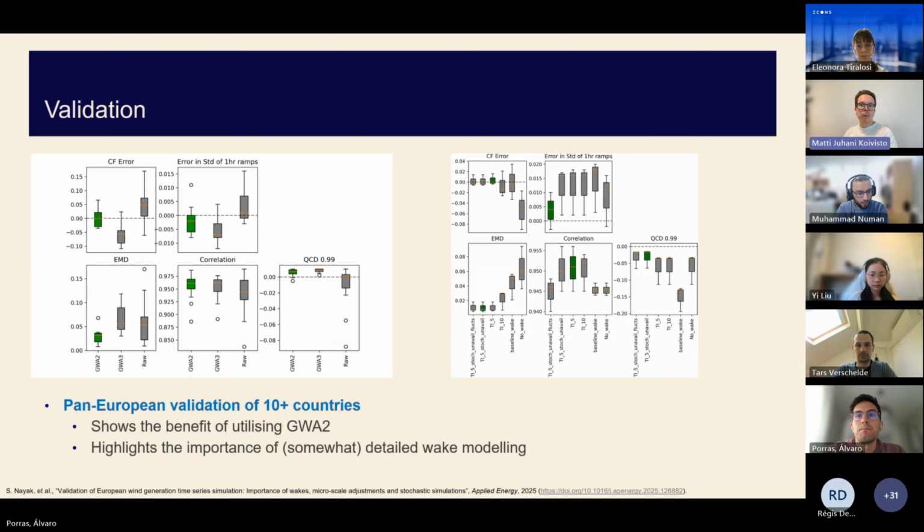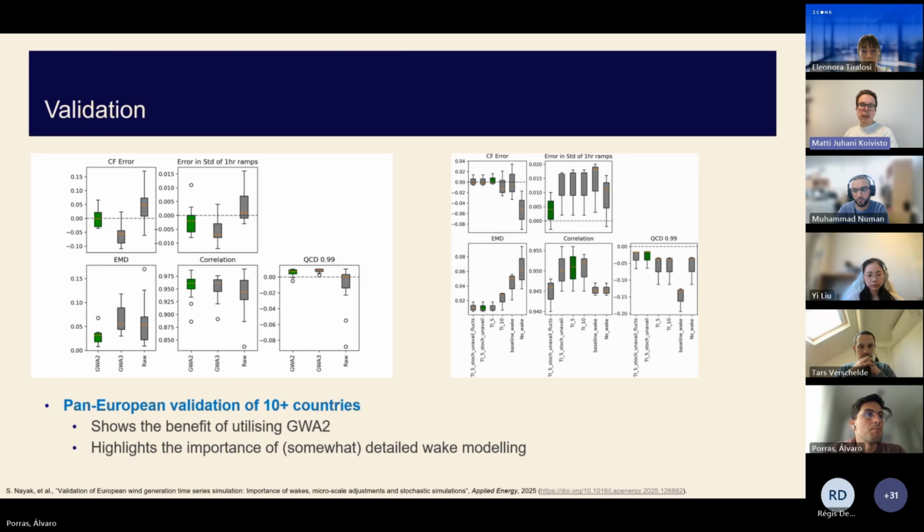And then on the next slide, just to briefly say that if you want to look at this, like why do we put this extra effort in getting the VRE data correct? Put effort there, we put quite a lot of validation, and we show that there's meaningful increased accuracy when doing these wake losses in detail, getting the high resolution wind data from Global Wind Atlas. And here I focused on wind as it's kind of the core thing we do, but also similarly, we put quite a lot of effort in solar side, modeling tracking, model different installations, rooftop, kind of randomness in the rooftop rollout of tilt angles and so forth.